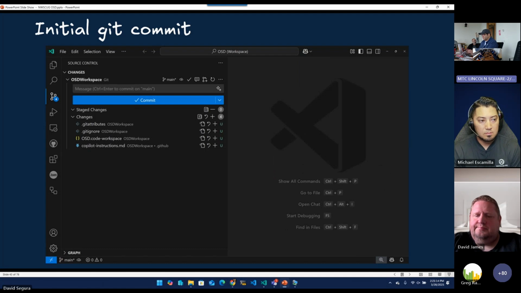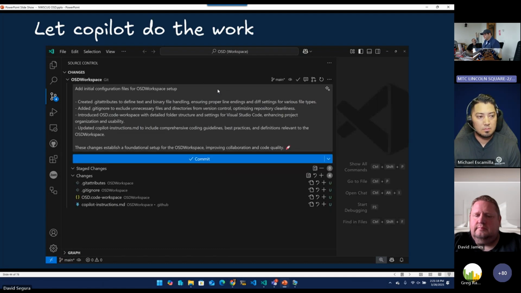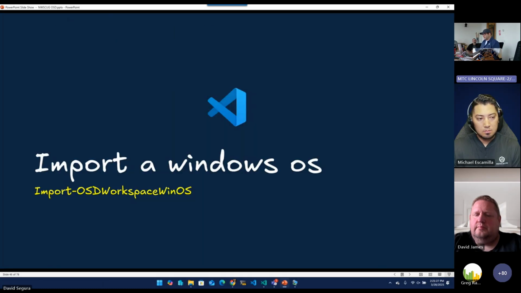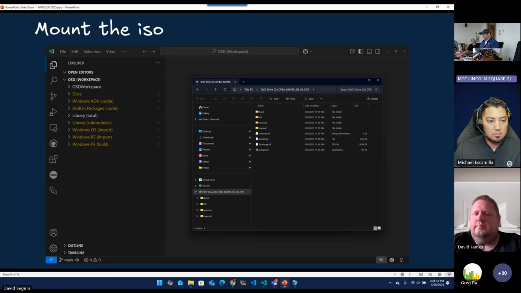And what I like to do is press the little Copilot thing and let it fill out the git commit message, and away we go. So once that's done, I can publish branch, which will move it to GitHub. Now, next thing I want to do is import an OS. I can easily do that with a function listed below in yellow, Import-OSDWorkspaceWinOS, or I can do it as we have designed it, which is to